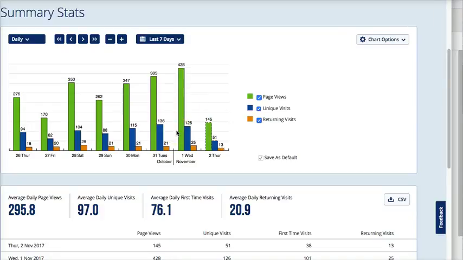So that's, again, we're not going to go into a lot of detail on this, but that gives you a little bit of an idea of where we're headed. Now, right here around the 90 to 100 on average of visitors per day, that's not bad. That's a pretty decent average. In fact, here we've got our average, 97 average daily unique visits over this past week.